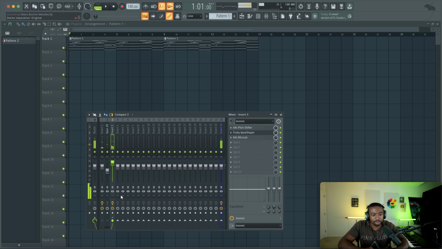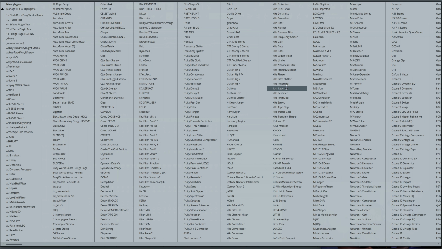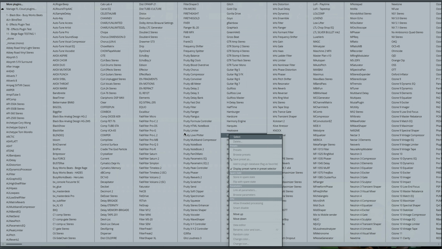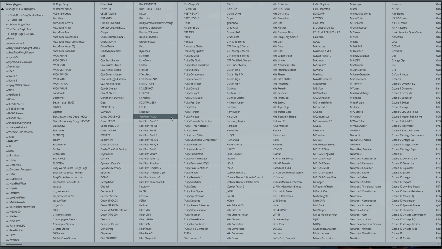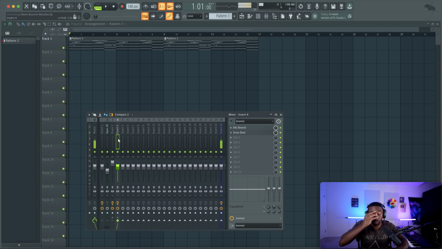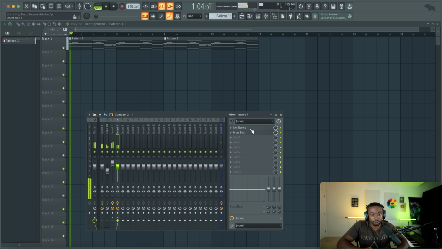So one of my techniques, this may not work on this because we already have so much rhythm. Let's add a reverb. And again, this is my technique. So if you see other people using it, they're copying me. We're going to run a reverb into Gross Beat. And let's go to preset, momentary, half speed, and blend it in about 50% or so. So now we have a reverb sound plus a slowed down reverb. It creates a nice wide sound.